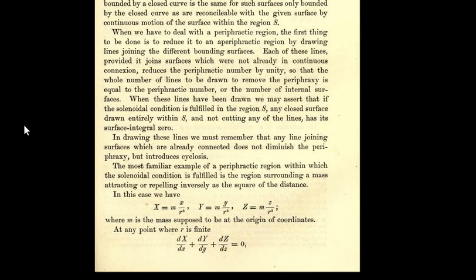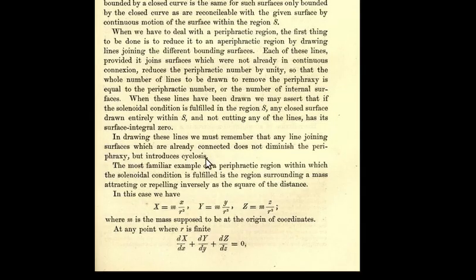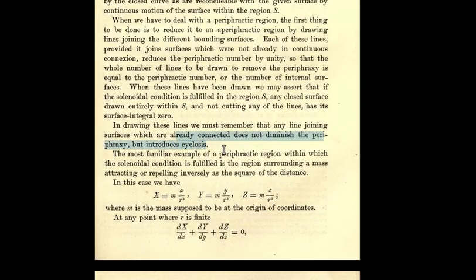When these lines have been drawn, we may assert that if the solenoidal condition is fulfilled in the region S, any closed surface drawn entirely within S and not cutting any of the lines has its surface integral 0. In drawing these lines, we must remember that any line joining surfaces which are already connected does not diminish the periphraxy, but introduces cycles. The most familiar example of a periphractic region within which the solenoidal condition is fulfilled is